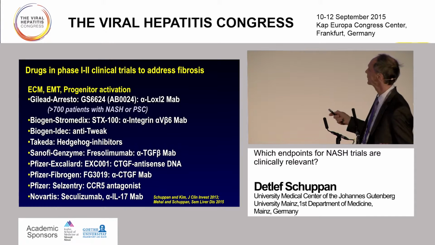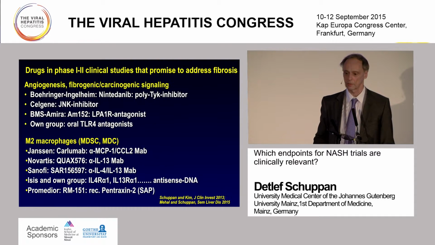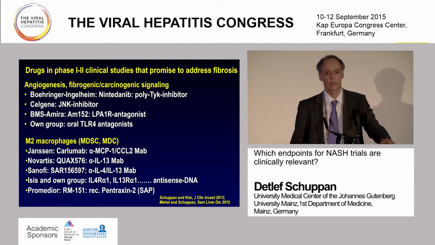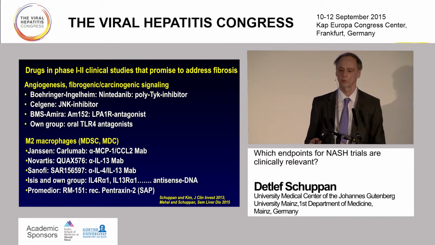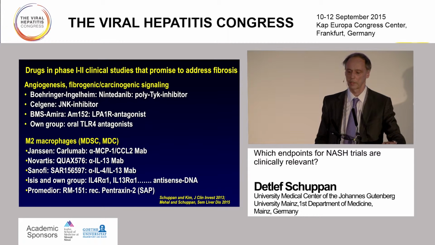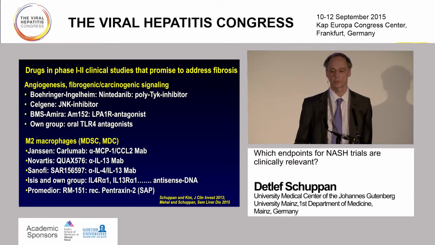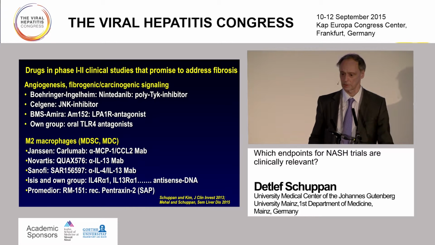And just to show you that there are quite a few of these drugs already in phase 2 clinical studies, and there are also novel drugs with certain promises that you might not have heard about. All these are being discussed now for the treatment of fibrosis, and especially also changing inflammatory cells. The anti-chemokine receptor drug that was discussed before belongs to this category, but also the so-called macrophage polarization is very important in antifibrotic treatments, and there are many humanized antibodies and antagonists already, which have been developed for other indications, for asthma, for example, allergic diseases.